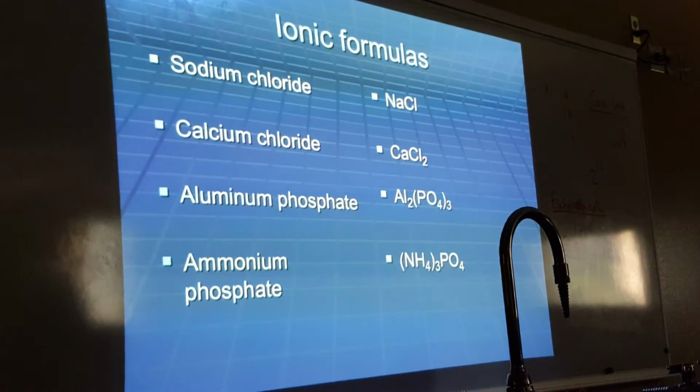Let's try it with calcium. So here's the formula for aluminum phosphate. My goodness. I think someone with my background would not make that mistake. Anyway,